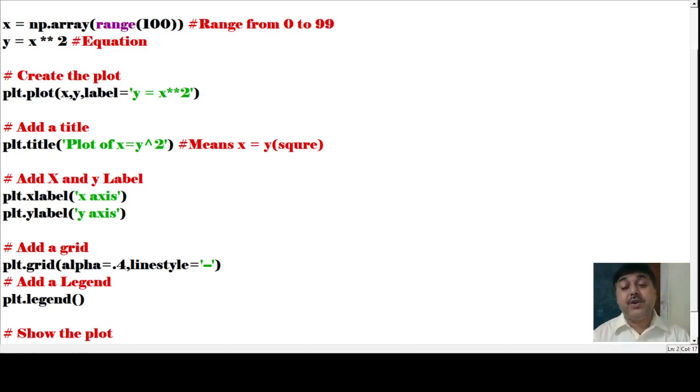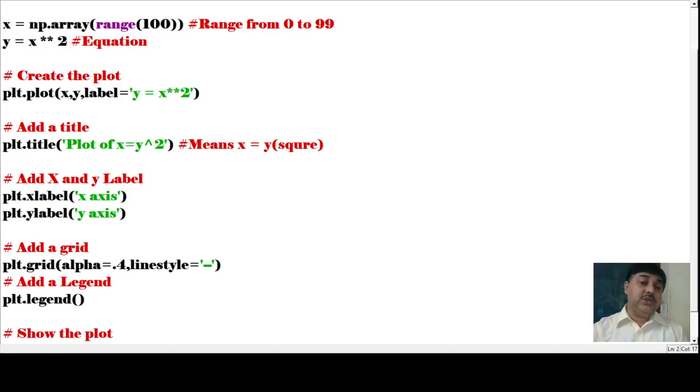So this is the area in which we are making the graph, and we are constructing this particular graph. Using that form we have different types of implementation.